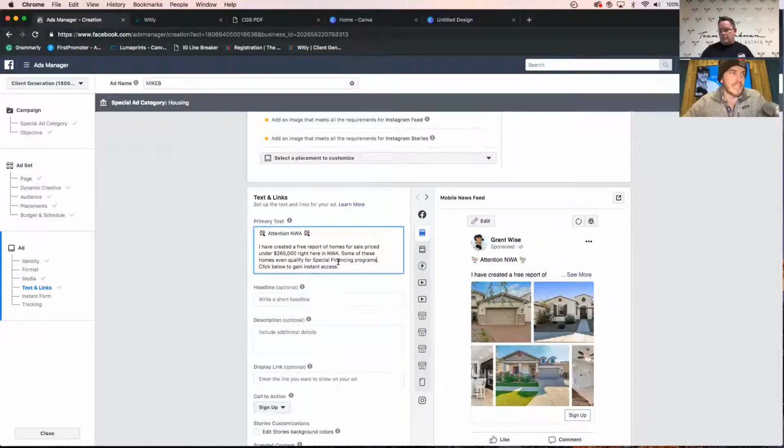We've had a lot of success with this language. If you don't feel comfortable, just take it out. But we know that this works really well, so try not to take it out if you can help yourself. So